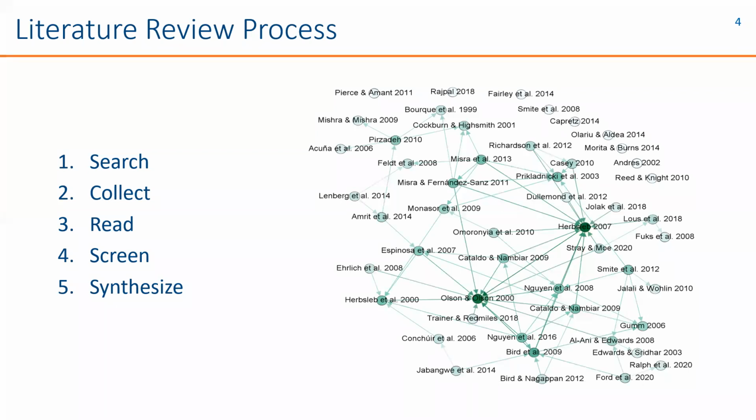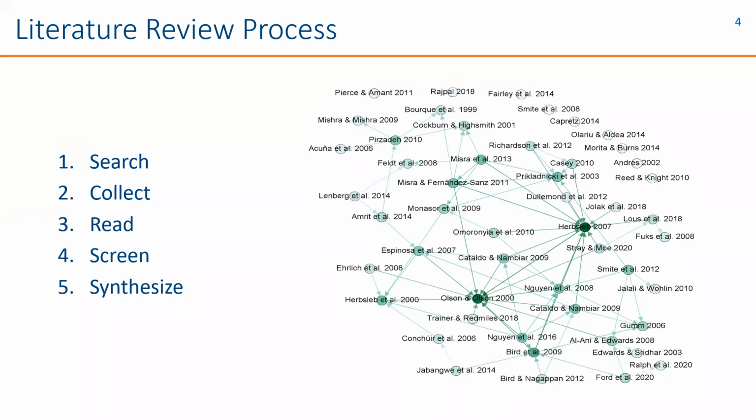The first thing I did was search for information, and it took some time, but I ended up focusing on literature published after the year 2000 that was written in English. And it seems simple, but I want to make sure that older work and non-English work is no less important. I just wanted to study the current happenings of things that I can actually read. So I used a variety of databases and catalogs, and even ended up emailing authors when I couldn't find their paper for free online. And I ended up using a tool called Zotero, which I would highly recommend to collect and organize these papers.